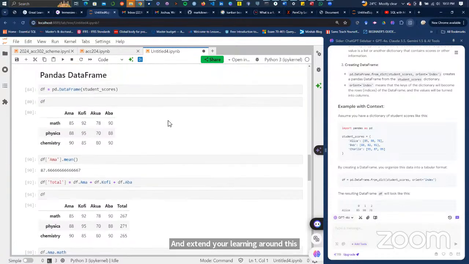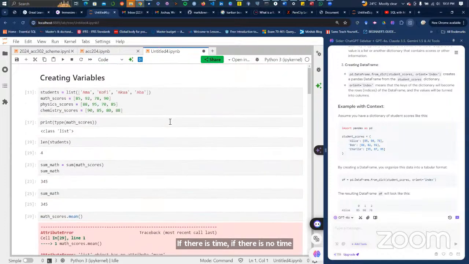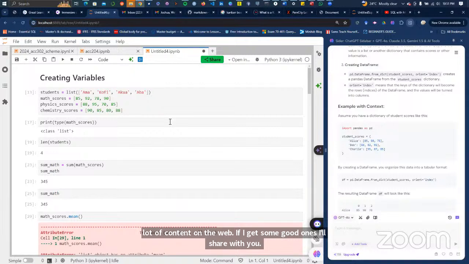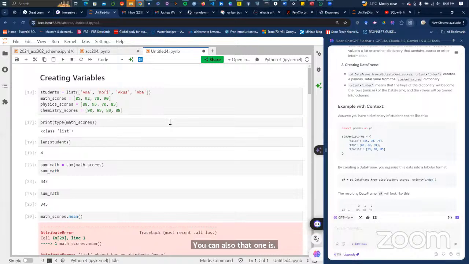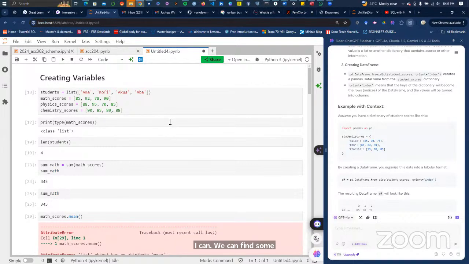If there is no time, you have to deal with the database yourself. There is a lot of content on the web. If I get some good ones, I'll share with you. But if you want a session where we explain things together, that is up to you to decide. If you decide so, let me know the time, and maybe I'll make the time and take you through that. Otherwise, we can find some videos and do it ourselves. Is that okay?